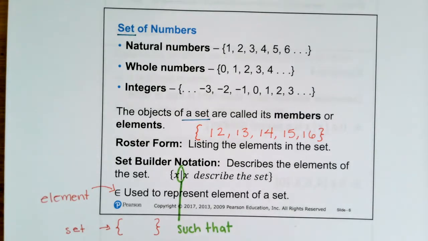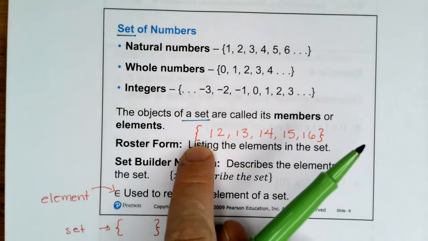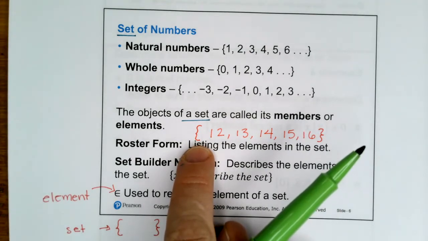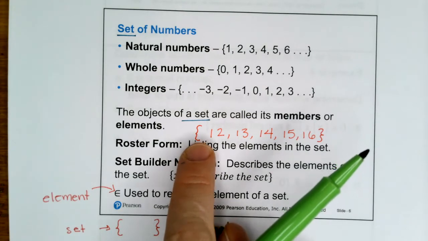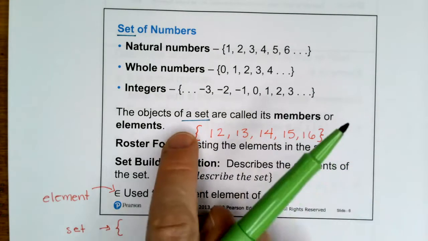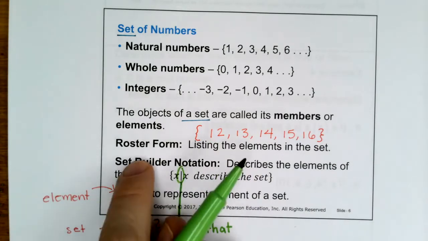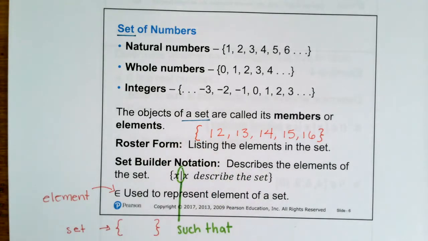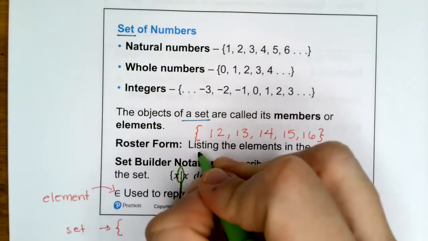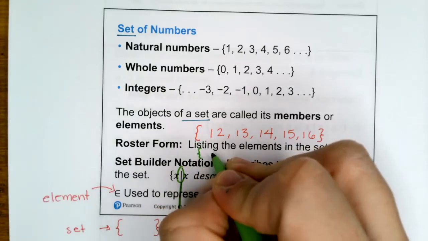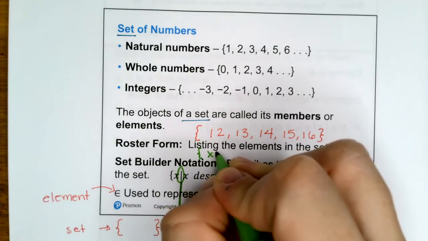Such that, and then you go on to describe the set. Okay, so here we have the natural numbers between 11 and 17. If I wanted to write that same expression in set builder notation, I would still use those brackets, but I would say x such that